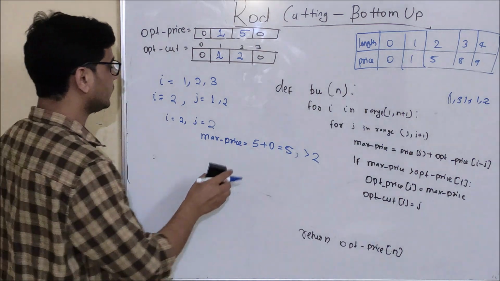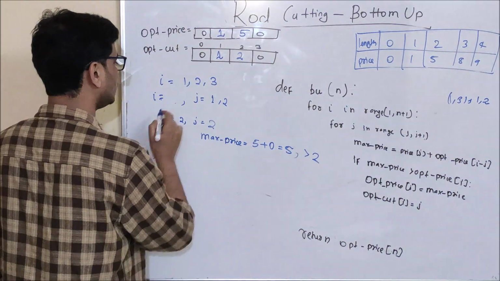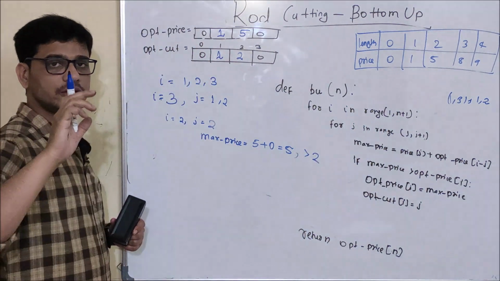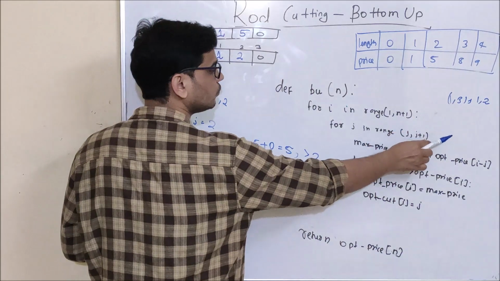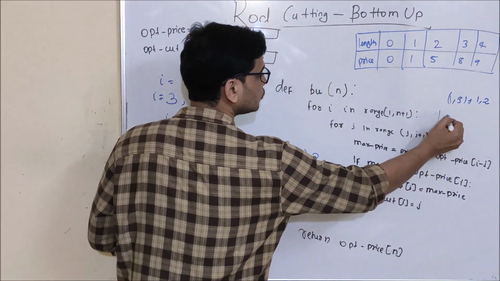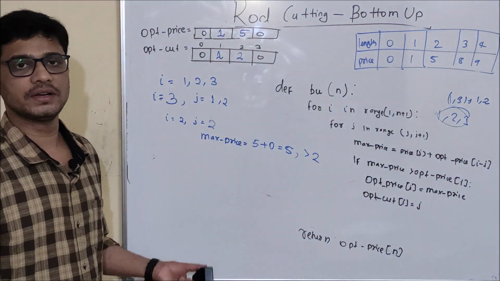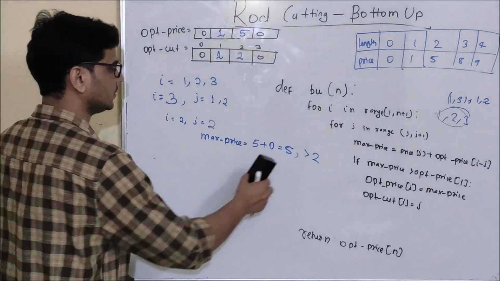Now what is going to happen? I will be equal to 3, and when I is equal to 3, this inner for loop will run for 1, 2 and 3. That is 1, 2, 4 not included. So 1, 2 or 3. That is basically I am giving it a 1 meter cut, 2 meter cut and a 3 meter cut.